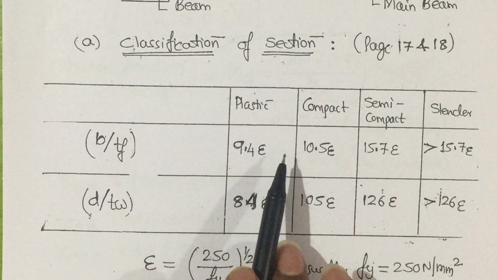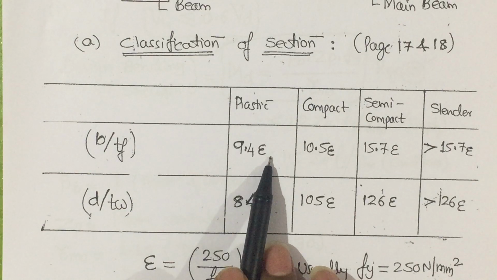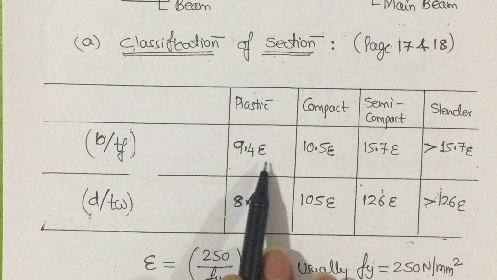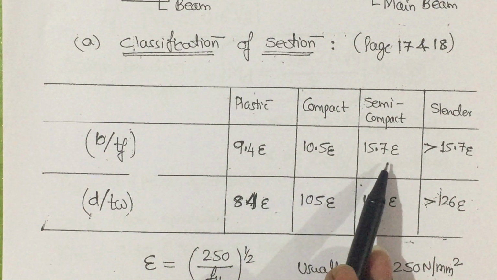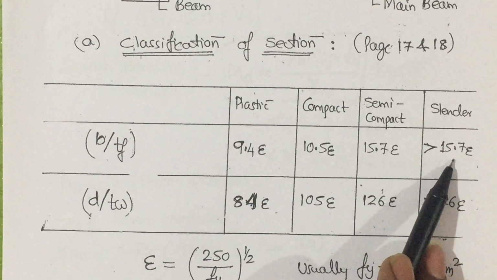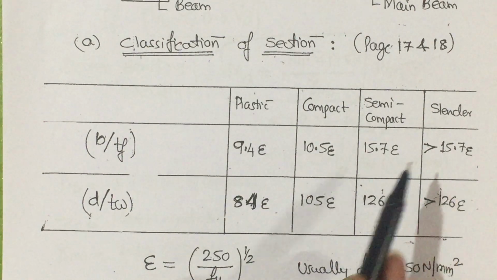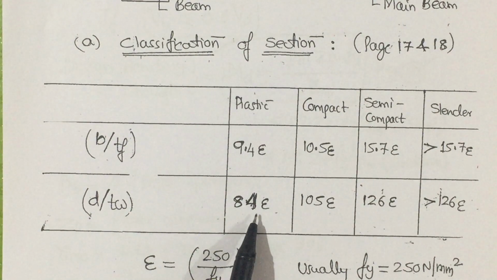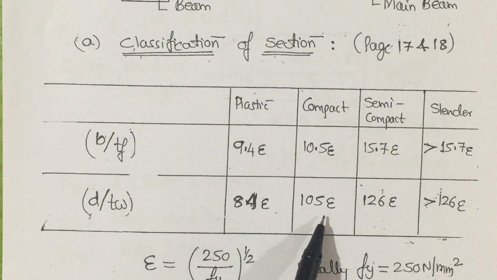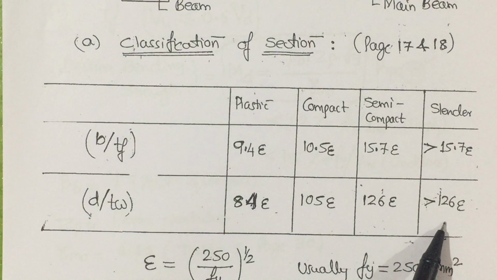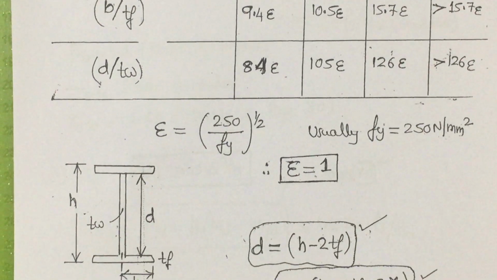The value of epsilon values are given here. If it is plastic, 9.4 epsilon, compact 10.5 epsilon, semi-compact 15.7 epsilon, and if it is slender, greater than 15.7 epsilon. If we come to the web portion, that is depth divided by thickness of the web. For plastic, 84 epsilon, compact 105 epsilon, and semi-compact 126 epsilon, and slender greater than 126 epsilon, where epsilon is